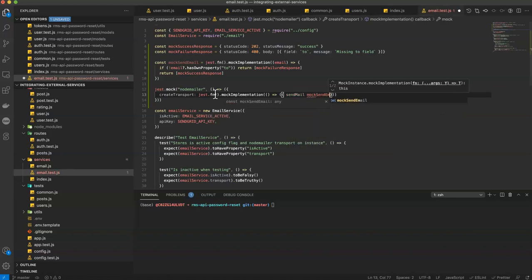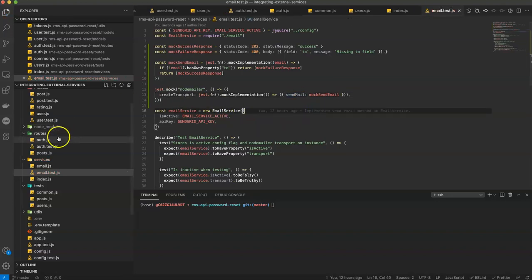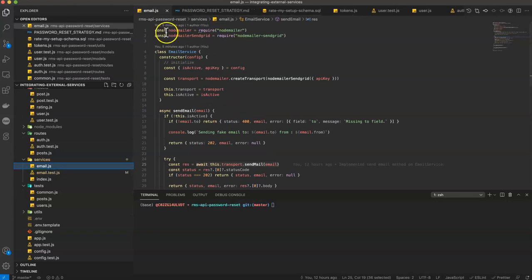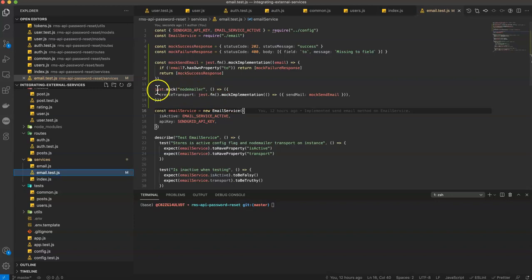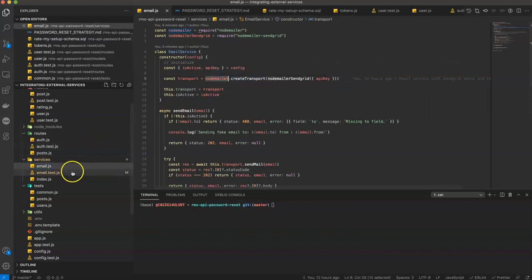Now, why are we doing this? Well, let's take a look at our actual email service for a second. It imports nodemailer and the nodemailer sendgrid module, and then it creates this transport here using the nodemailer.createTransport method. What we've done here is we've mocked that. We're saying, hey, I want you to consider the nodemailer module. Instead of using the one from npm, use this fake one that we're creating right here. And all I want it to do is return an object that has a createTransport method, just like nodemailer does. But instead of returning all of this goodness,